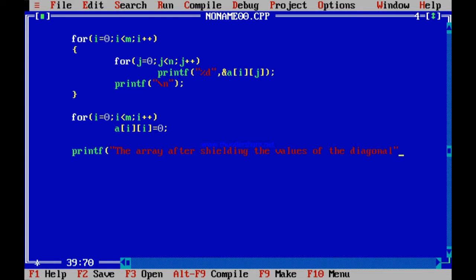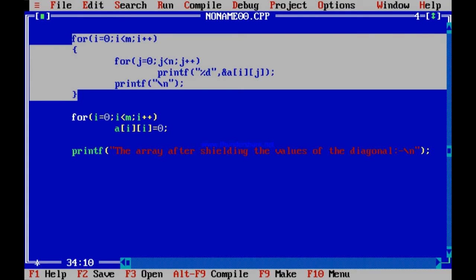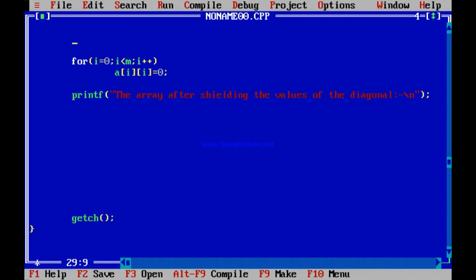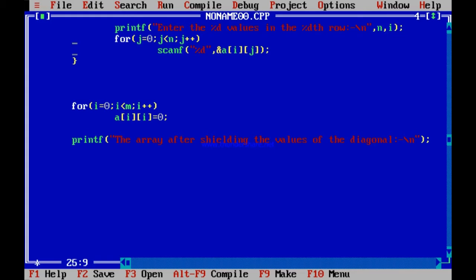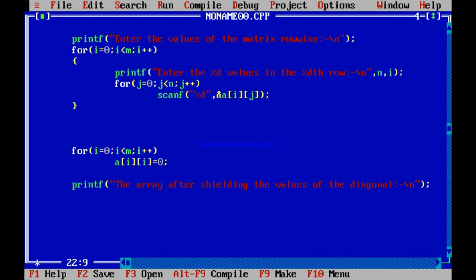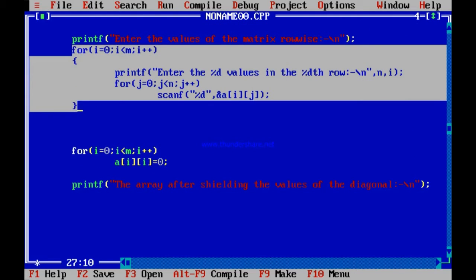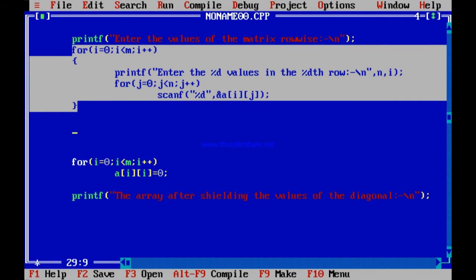So what will it be? I will just print the array once more. You remember, just a \n is needed so that the printing starts from the next line. So what will I do? I will again just copy this part. It's the same array you are printing, only the shielding has been done before that. This is the same piece of code. Sorry, very sorry, I just deleted it. Instead of copying it, I just deleted it. So I will just do the needful once more of copying this. Cool, insert. I will just paste this once more. Sorry for this.